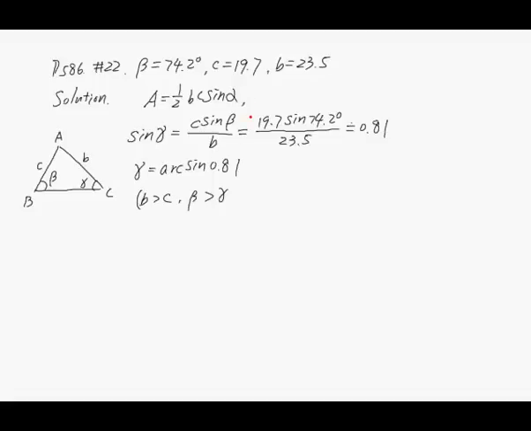And since beta is 74.2 degrees, this implies gamma must be less than 74.2 degrees. So that means gamma is an acute angle. Okay, so here you just need to use the arcsine to find this acute angle, which is approximately equal to